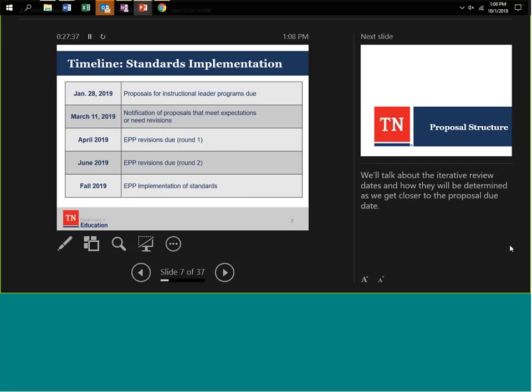And for those of you that may be unclear with this process, this is an iterative review cycle. And what that means is that upon March 11th, if your EPP receives a need for revisions notification letter, everybody who receives that letter will have an opportunity to make revisions to their proposal and then resubmit their revised proposal in April of 2019. If, again, upon the review of that second submission, the proposals do not yet meet expectations,